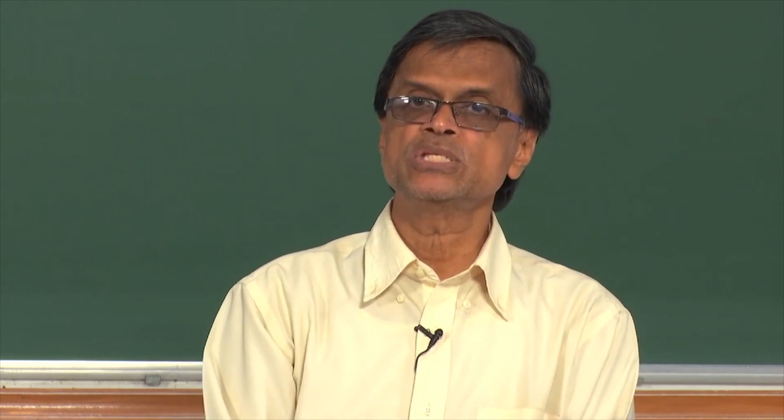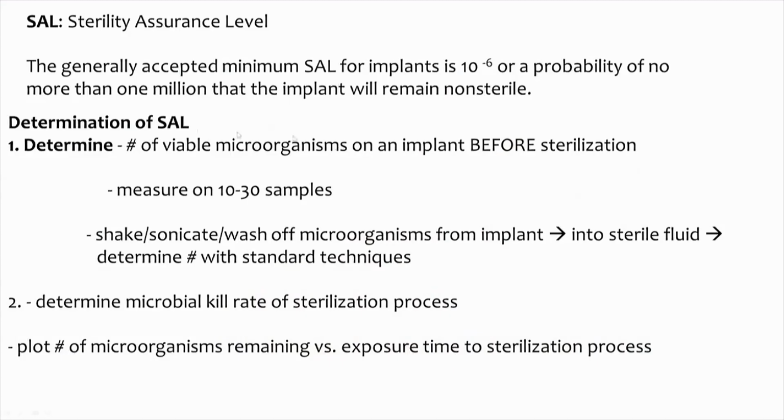How do you determine this sterility assurance? We determine the number of viable microorganisms on an implant before sterilization. That means you take 10 or 30 samples, shake them, sonicate, wash off the microorganisms from the implant into the fluid, then determine the colony count by growing them in agar, incubating over 24 hours. These are very standard procedures. Then after that you